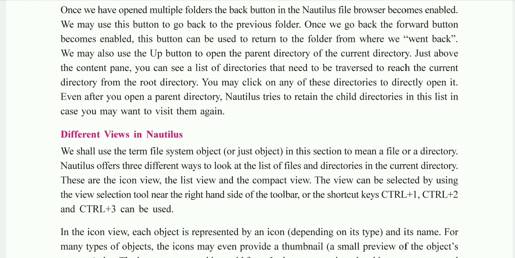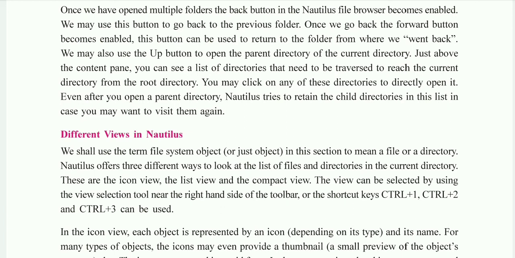Suppose I want to open the standard 9, I want to open the computer folder, then how many directories are required? First the root directory, that is the main directory of the system. So in the root directory, that is the file system. Then suppose it is in the documents, so first I will go to the documents. Then I will open the standard 9 folder, and then from the standard 9 I will open the computer folder. So this is the whole path. These are the directories that I need to go through if I want to reach my current directory. Like this, that path will be visible just above your content pane.